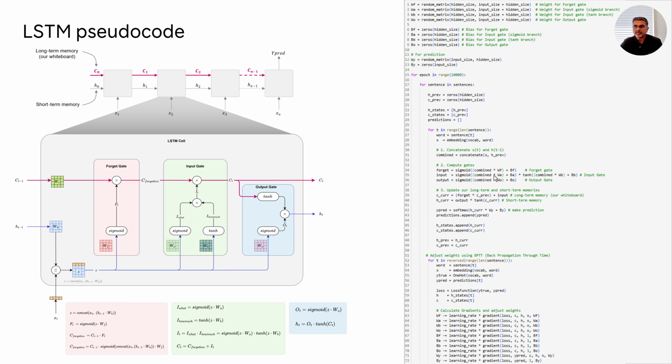What information are you adding to the long-term memory? That is multiplied with how much of the signal strength of that information needs to be added, which is done through the tan H. Tan H is again the same input multiplied by its own weight matrix WB, added to the bias matrix, and you take a tan H of that. And you multiply these two, so you will get the signal strength as well as what needs to get added to the long-term memory.